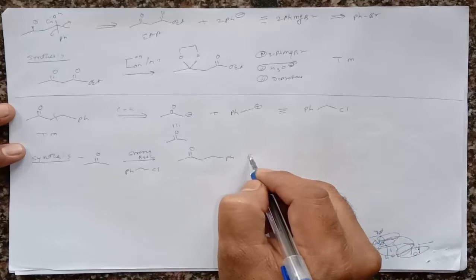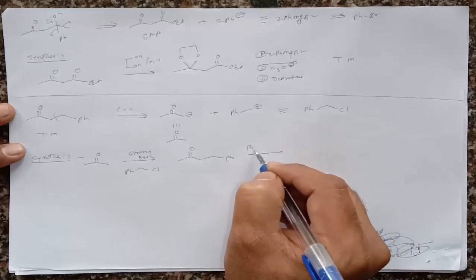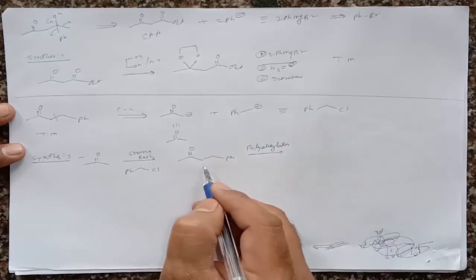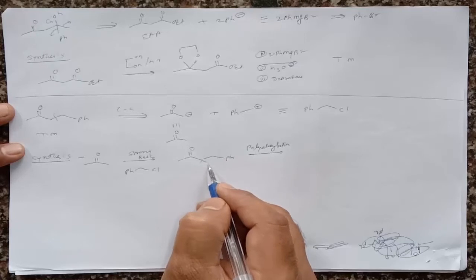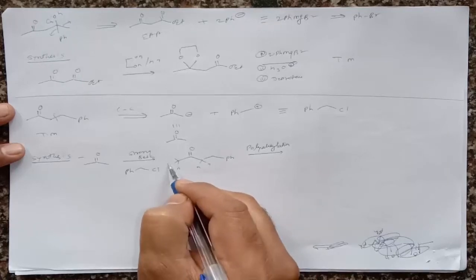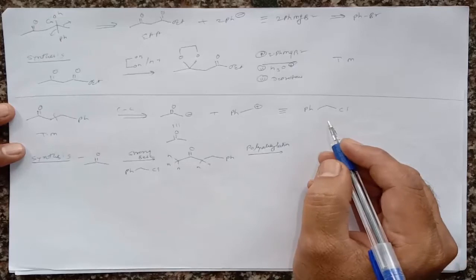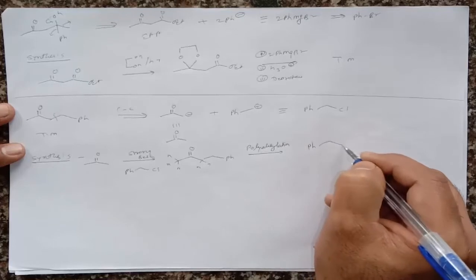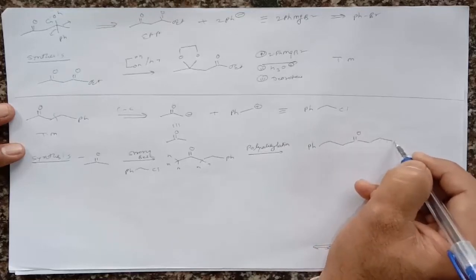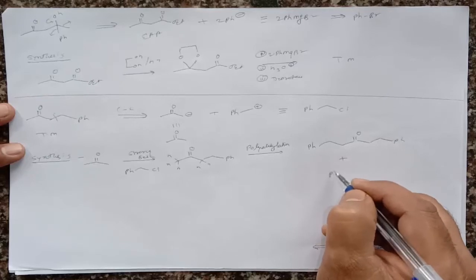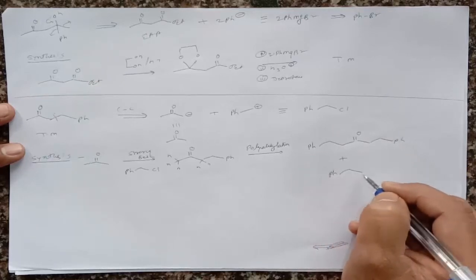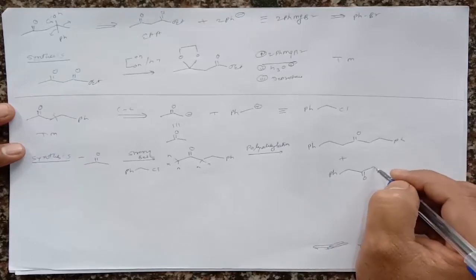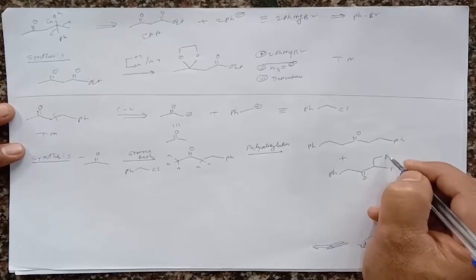Along with that, it will give a polyalkylation product, because we know that with a strong base and a number of protons present, there are again 2 protons present. Here 3 protons are present, and therefore the strong base will take the proton and it gives a product like this, right? Ph. Along with that, it also gives a product like this, that is PhCH2 C double bond O CH3, Ph. Here is again a Ph, right?